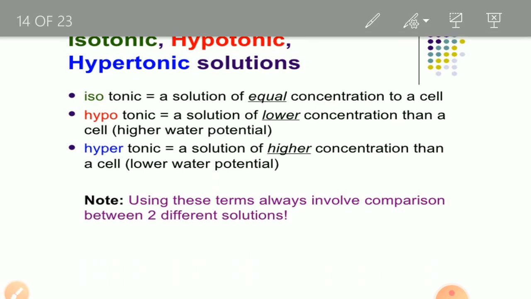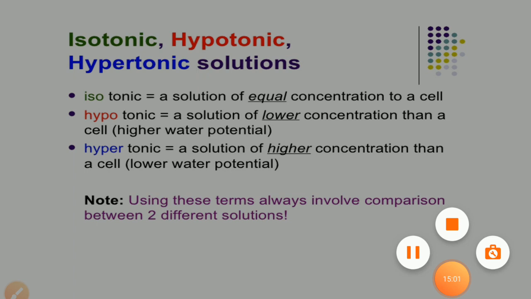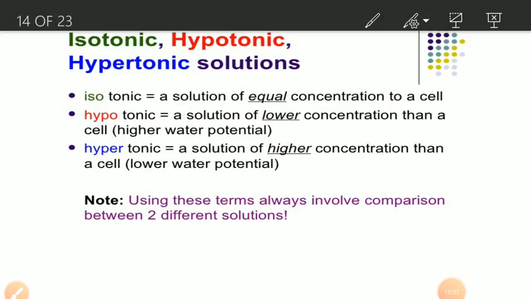For today's class, this much. We'll continue in the next class with tonicity, different types of solutions, and what is going to happen with red blood cells and with plant cells, the changes we're going to discuss. Fine. Thank you.